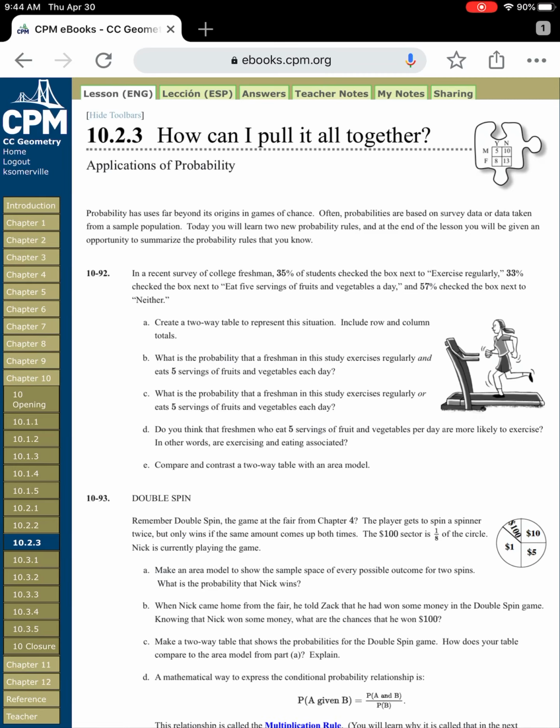This is Mr. Somerville here, continuing to talk probability with you this week. So far, we've really explored conditional probability, and we've taken a closer look at two-way tables. Today, in lesson 10.2.3, we kind of pull that together. We're looking at conditional probability. We're also looking at what it means for events to be independent or associated again, and we'll be using two-way